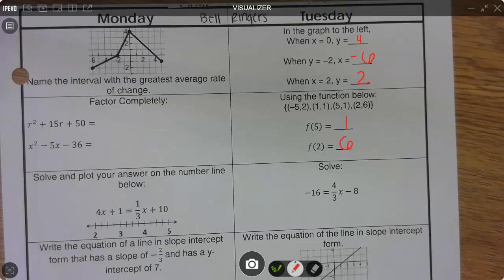And then solve. If you solve this for x, your final answer was negative 6. And I need to see the work for